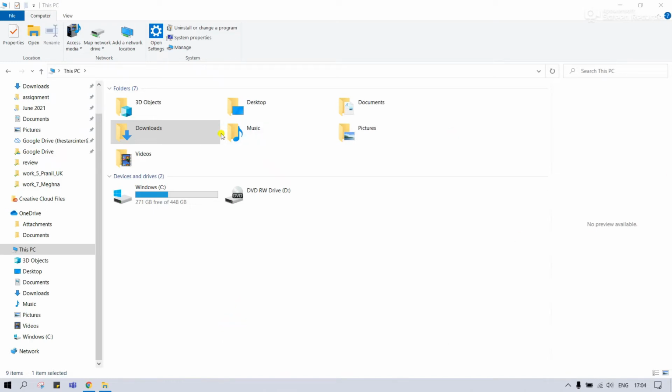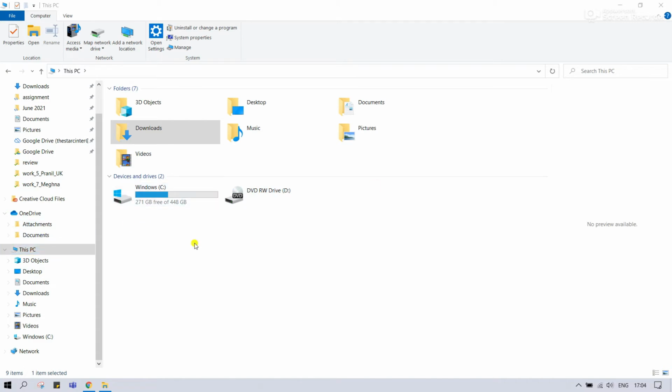So hi friends, we are here with another issue. I just plugged in my USB stick and it's currently not detecting. Actually, it's detected, but it's not showing here. I've checked a lot of solutions and most of them are not working for me. I'll show you everything I did and how I ended up with the solution.